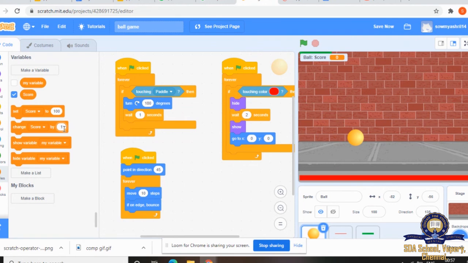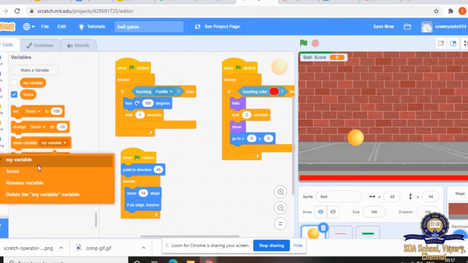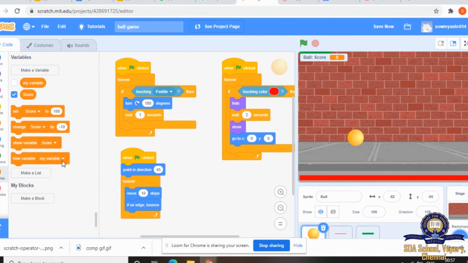When the red line is touched, the score will be -1. Or you can give -10. Then show variable score, hide variable score.